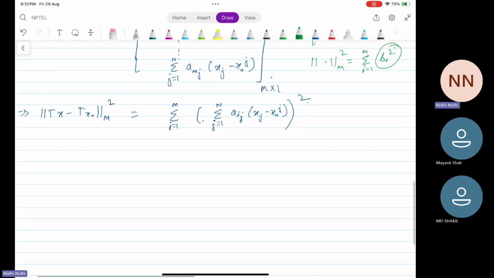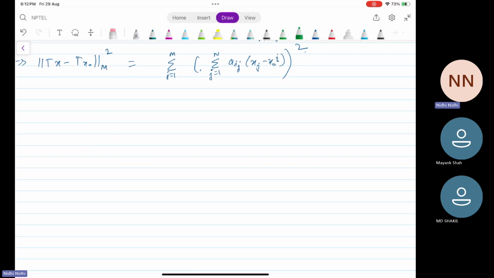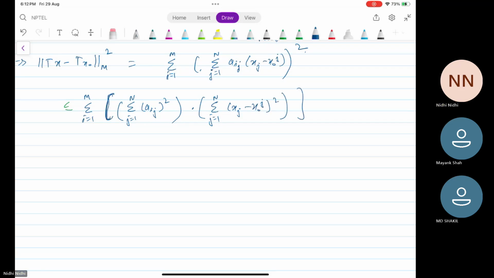Next, we'll use the Cauchy-Schwarz inequality. From here, I'm saying that this is less than or equal to the summation over i from 1 to m as it is. Inside, I'm replacing it by the summation over j from 1 to n of aij square, times the summation over j from 1 to n of (xj minus x naught j) square. Why? Because by the Cauchy-Schwarz inequality,